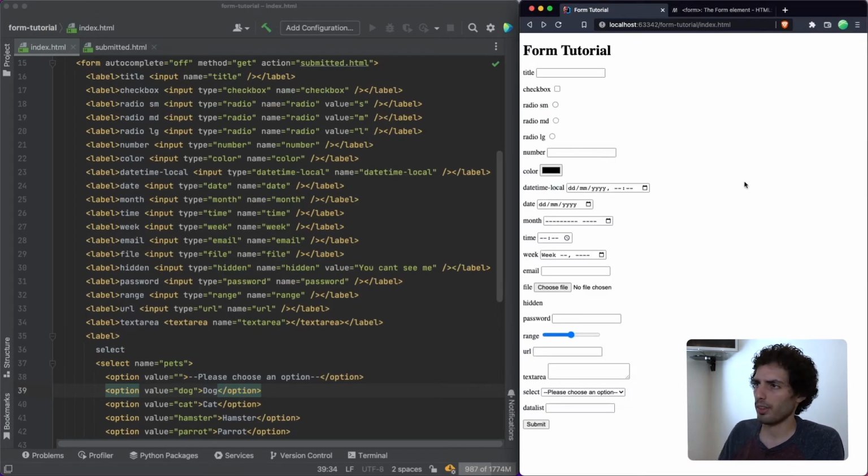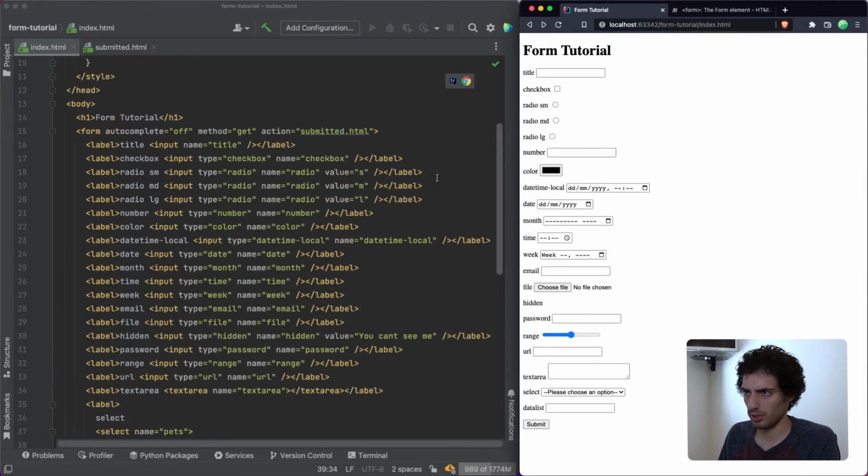So I'll leave a link to the MDN website where you can see all the different types. There may be a few more to play around with, but I think that's the majority of them. What we'll have a look at now is basically some of the